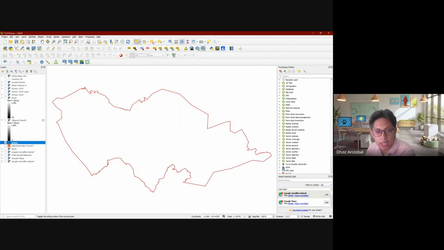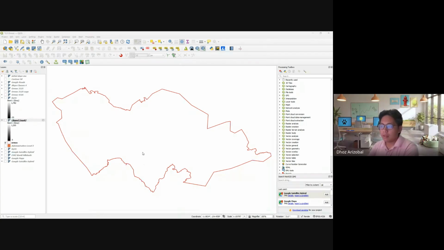So on exercise 3, I think we're already in letter N. If you look here, you'll notice that there's this chip here. Again, this just means it's not saved yet. It's up to you if you want to save it as a file. But the first thing we have to do is check the information of our DEM.